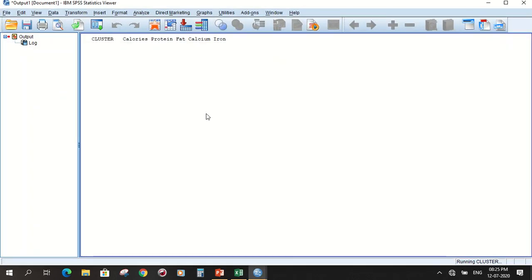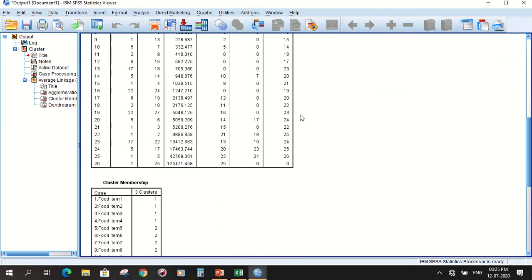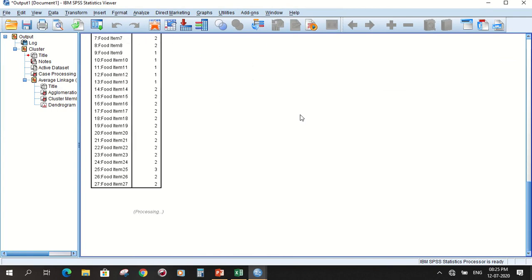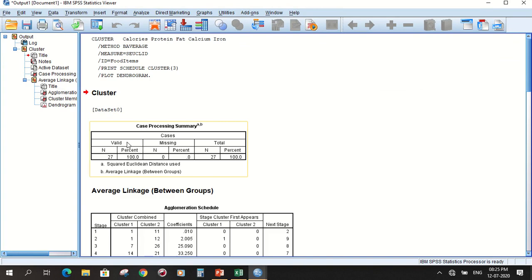Okay. So this is the output of a cluster analysis. In the case processing summary, we have used N is 27. It means we have 27 food items.